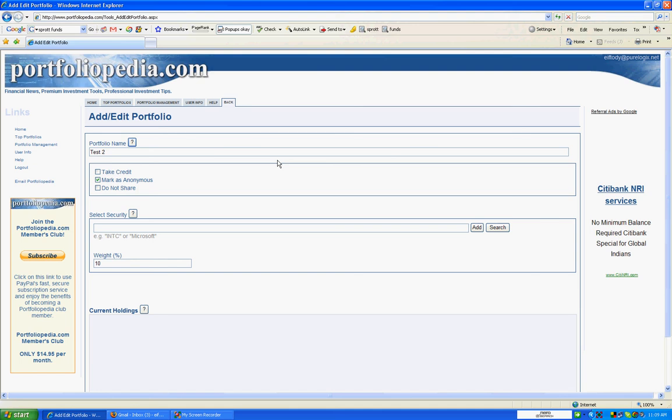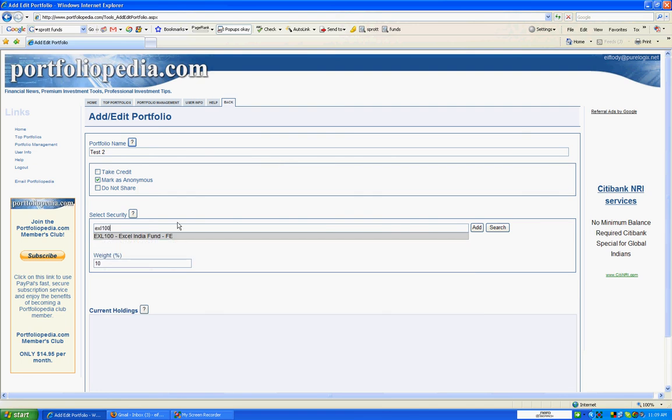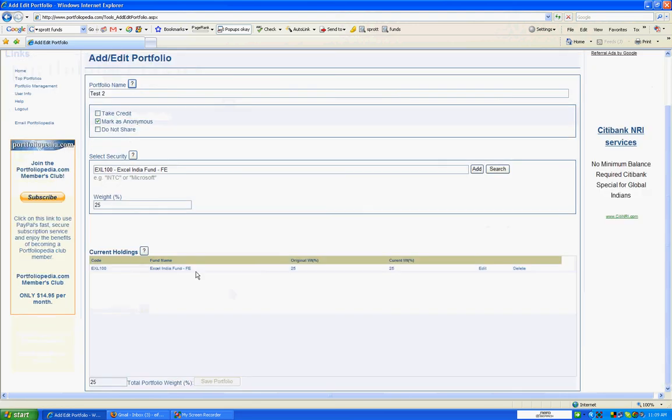Let's try EXL 100. This is the Excel India fund. So I've just typed in the symbol and it's shortlisted to the particular fund I want. Put in the weight. We'll put in 25%. Click Add, and we see down below, under current holdings,